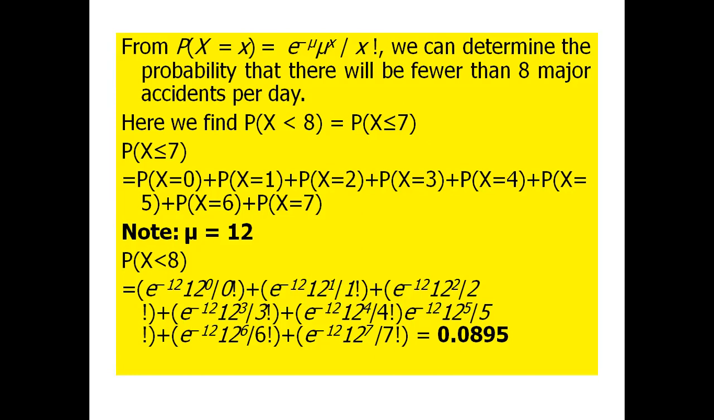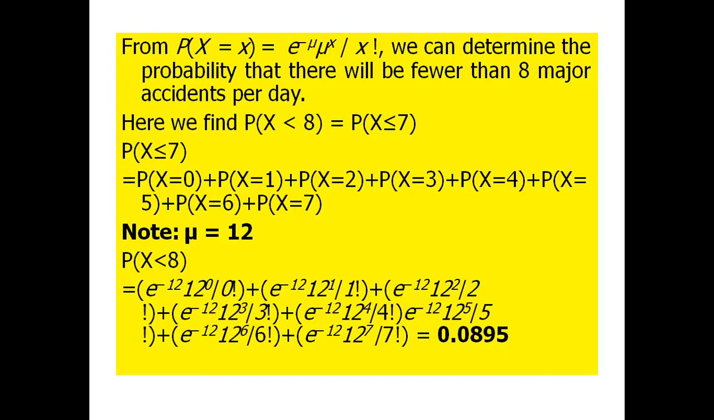In other words, we are interested in the probability of x being less than or equal to 7. Don't forget your mean, mu, equals 12. So if you want to calculate the probability of x less than 8, this will equal this. Of course, I'm just substituting in the formula where there is x, I'll put 0,